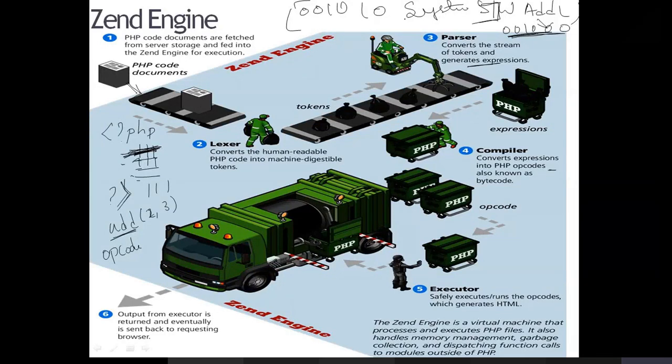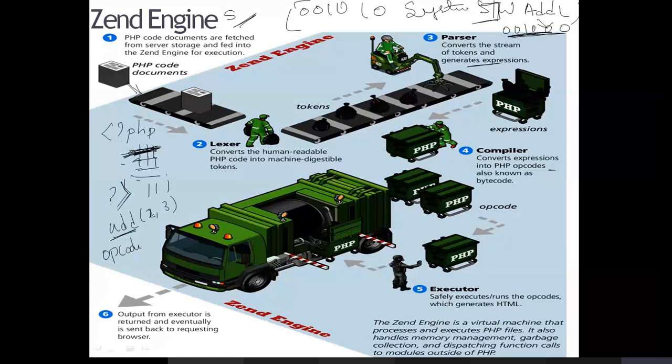If you remember the assembler, when I was explaining software engineering, I told you how the assembler works. The assembler has two passes. In the first pass, it scans the complete document and prepares a symbol table. In the second pass, it converts the code into object code by assigning the values from the symbol table. I explained all that in the software engineering subject. If not, you can go back and check how the assembler works. In the same manner, if you know how the assembler works, this diagram looks very easy.